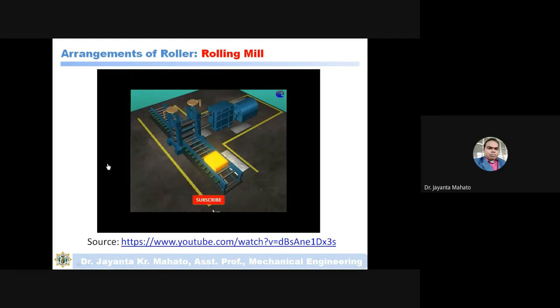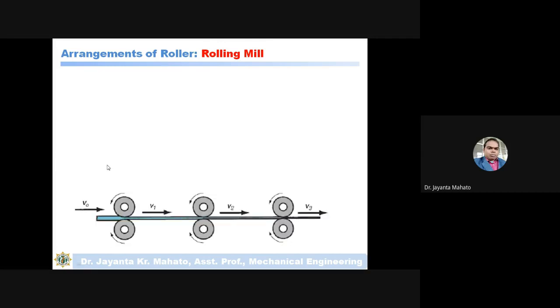Okay. This is a continuous rolling process. So in the continuous rolling process, the thickness of the sheet metals is reduced successively.